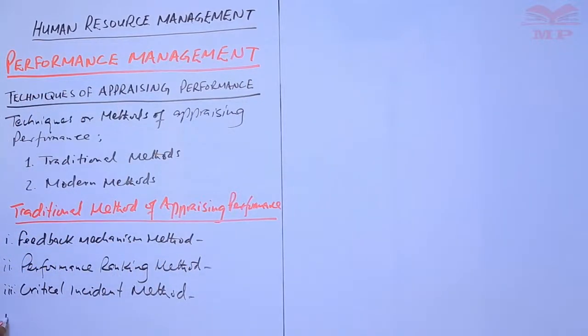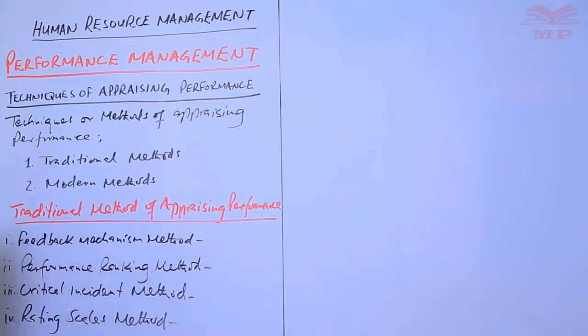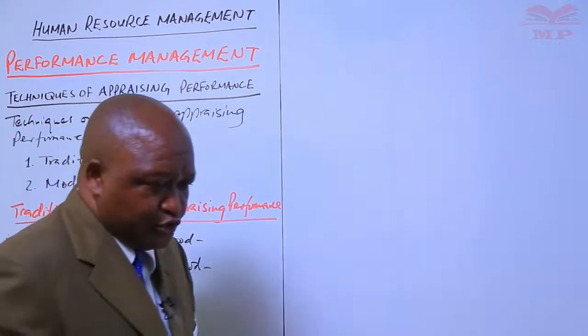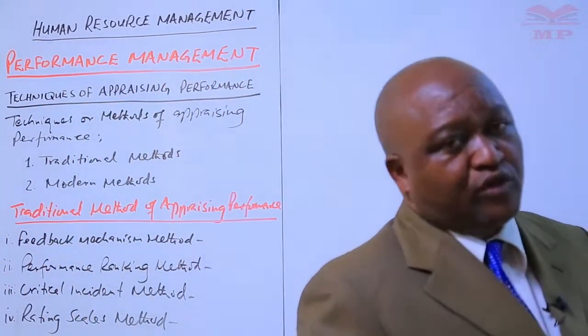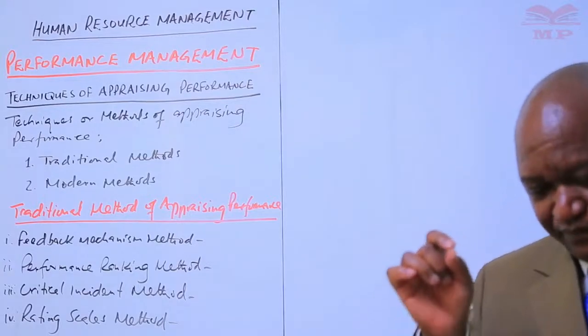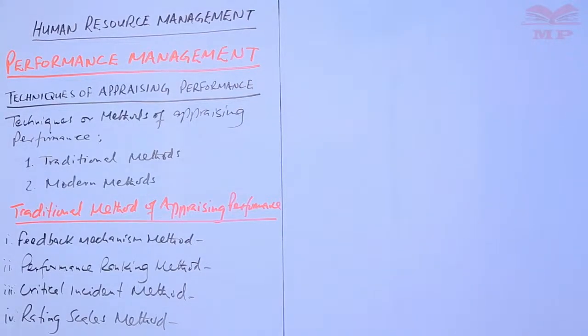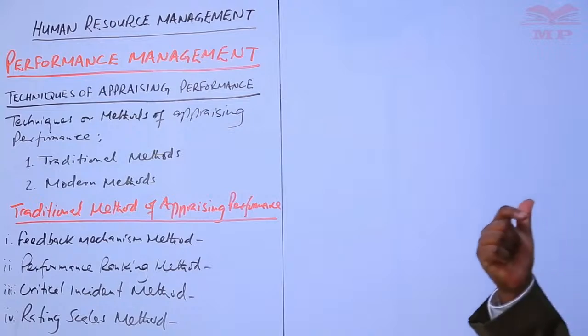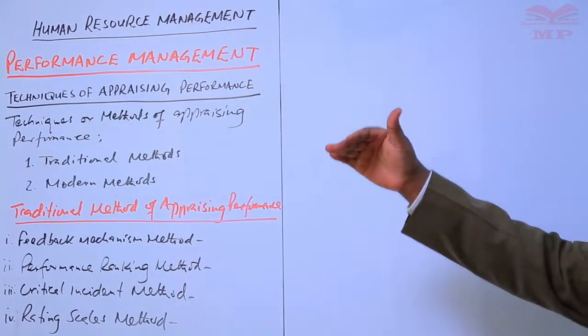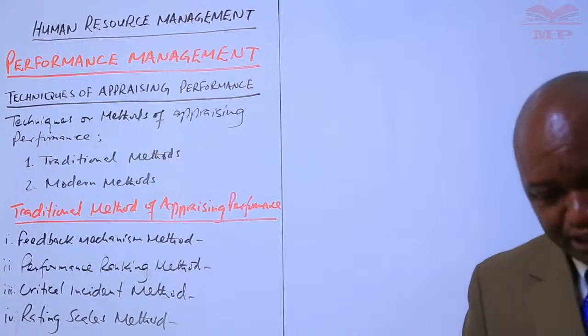The rating scale method. Through rating scales, scales are put in place in relation to, say, competency or the attitudes of a given worker, and these scales could, for example, be a scale of 1 to 5, where 1 for a particular attitude is the lowest and 5 is the highest. Then several scales that are relevant to a given position or job are taken